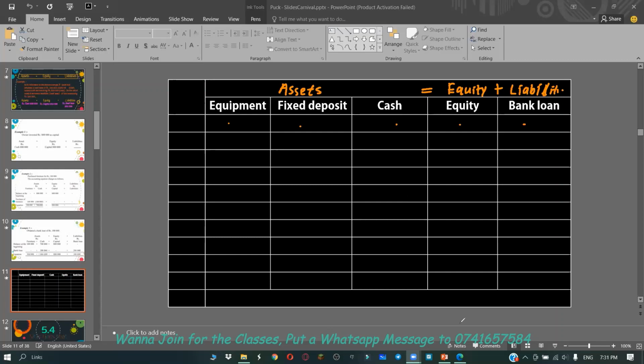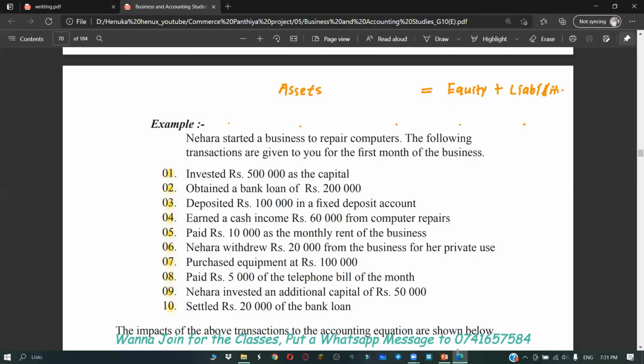Okay, so what is our first transaction? Okay, example. Nehara started the business to repair computers. The following transactions are given to you for the last month of business. So first of all you should read this question, okay? Then you need to find whether it is newly started or